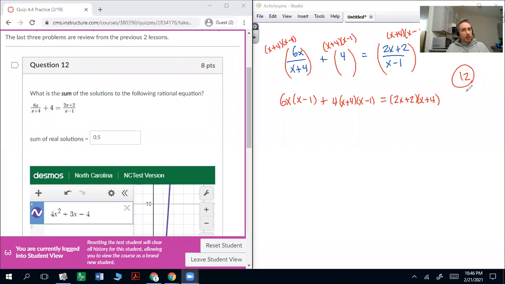All right, I messed up on that last problem big time. We're going to try this one again. Question number 12. Hopefully I'm able to cut that out, but if not, you had to suffer through the last couple minutes. My LCD is going to be x plus 4, x minus 1. So I'm going to cancel out the x minus 1s here and the x plus 4s there. I'm left with 6x and x minus 1, 4, x plus 4, x minus 1, and 2x plus 2 and x plus 4. So that's going to be 6x squared minus 6x